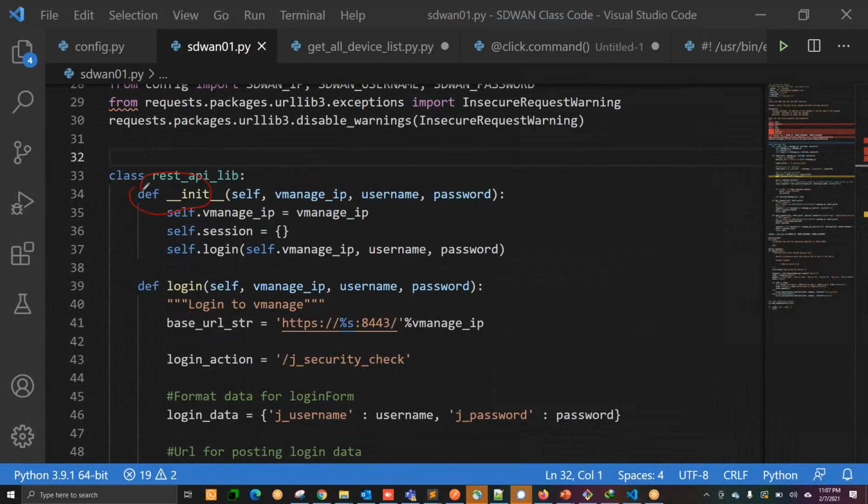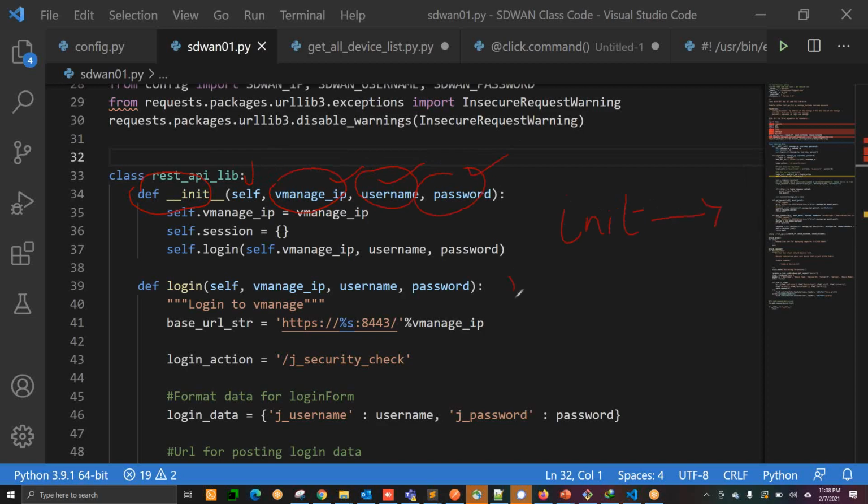So let me just give me a second. Okay. So you can see that you have the vManage IP, the username, and then you have the password. Now, this self is something like you log into the vManage. It's not required. We can remove that self, but the important thing here is the vManage IP, username, and password. So you're going to initiate the connection.